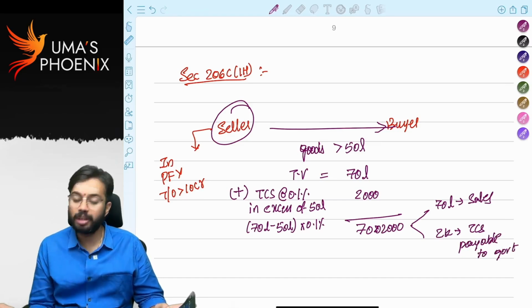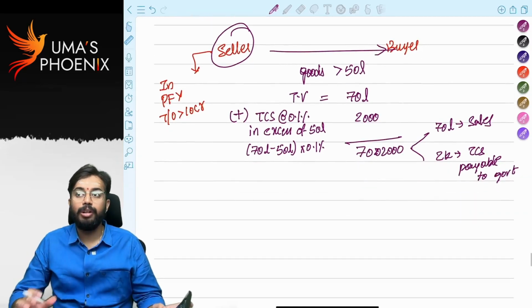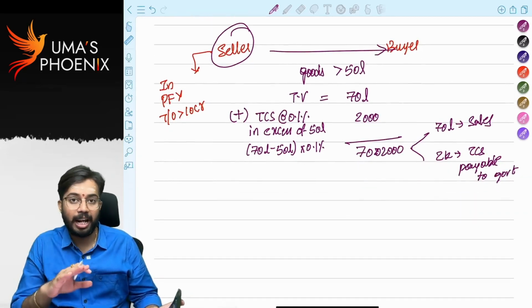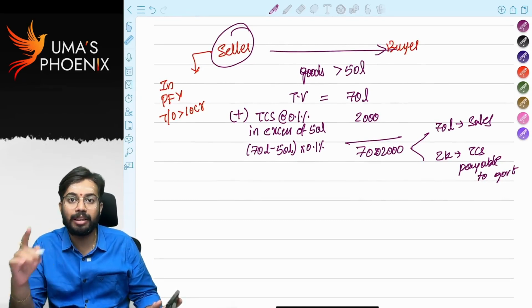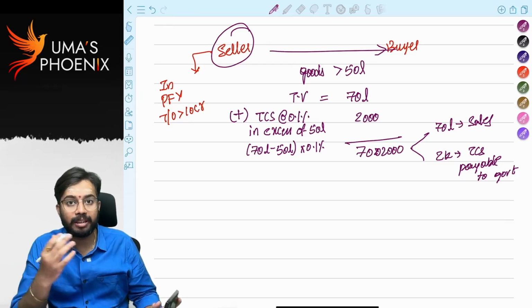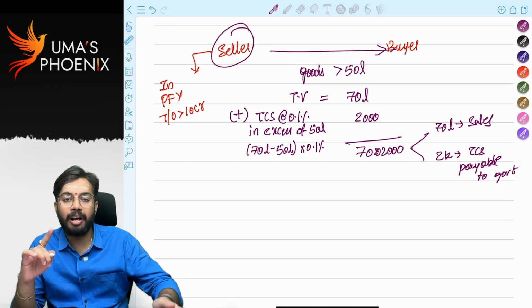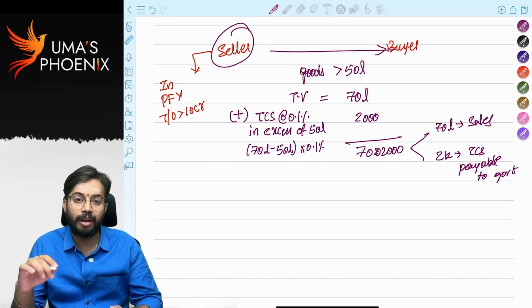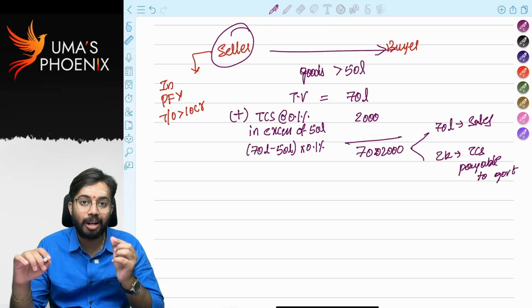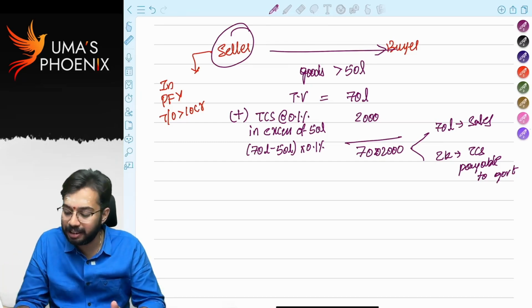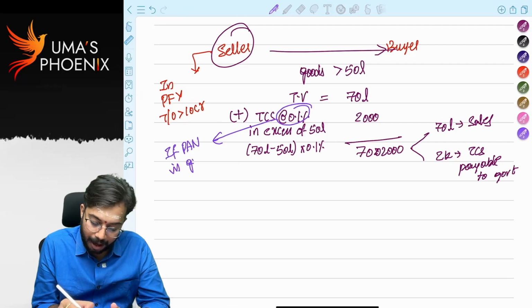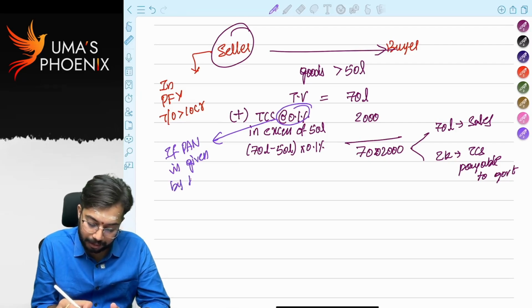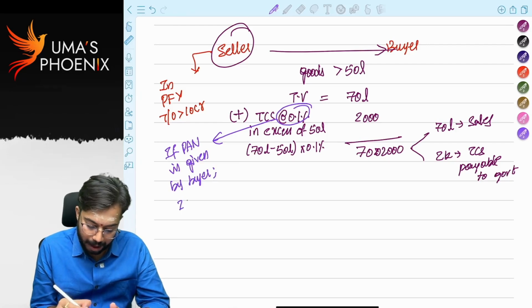So as per section 206C(1)(h), in case of the seller, if in the preceding financial year turnover is more than 10 crores and the same seller is selling goods worth more than 50 lakhs to a buyer, along with the taxable value, the seller is additionally required to collect TCS at the rate of 0.1%. This TCS is to be collected on the amount in excess of 50 lakhs. Is it clear? In this case, 0.1% is collected if PAN is given by the buyer. If the buyer does not give PAN,